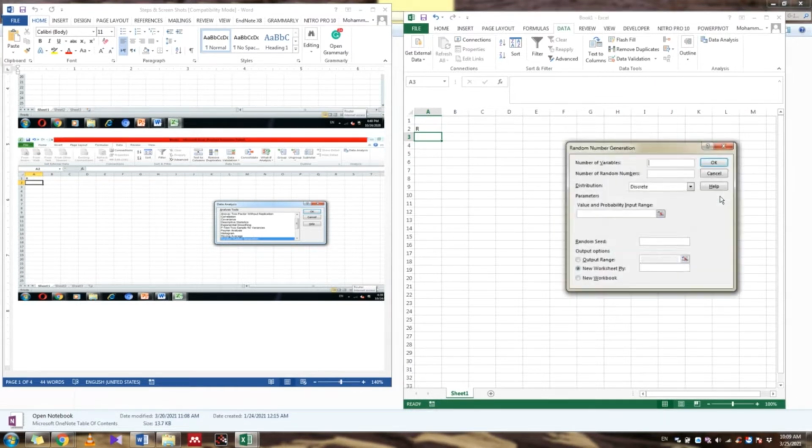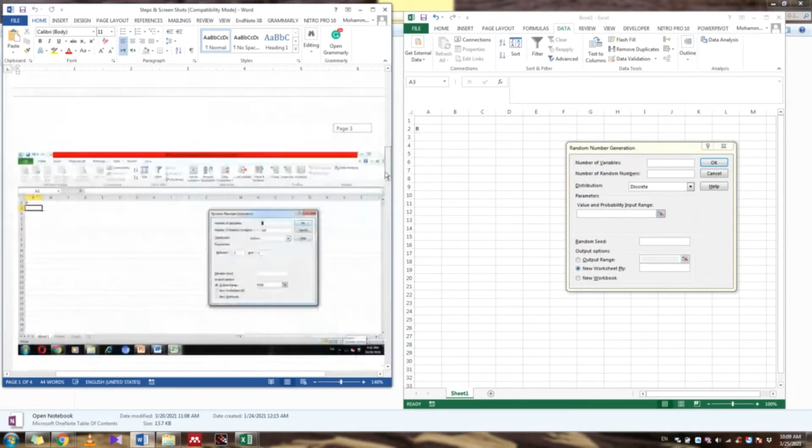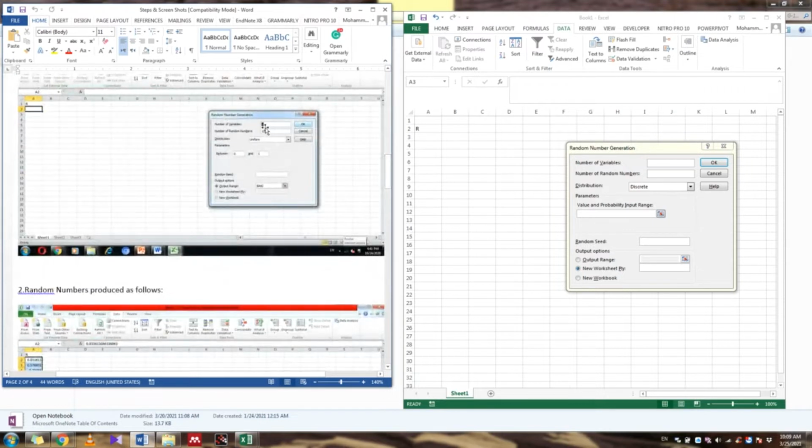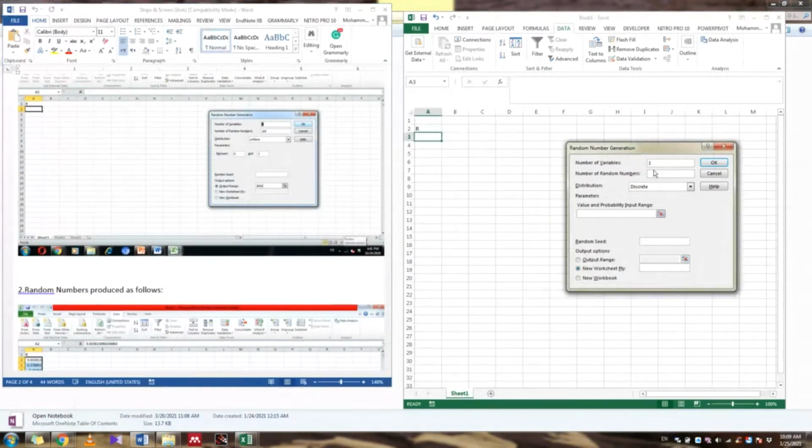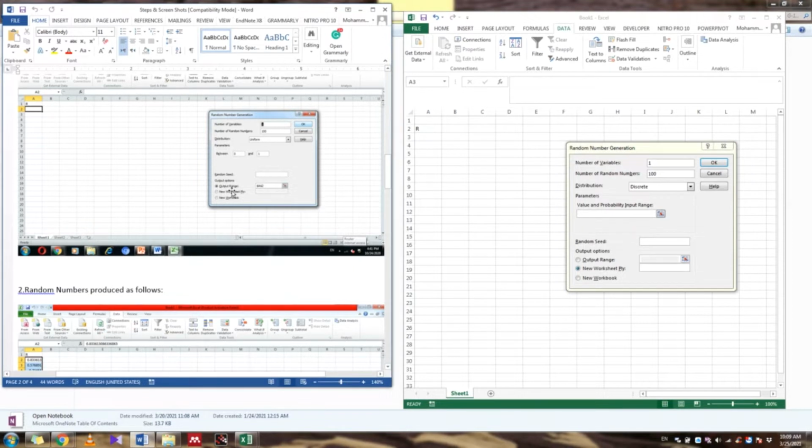Click OK. Now it will ask you the number of variables. How many do you have to enter? 1, and the number of random numbers, 100. After that, any change? Okay.